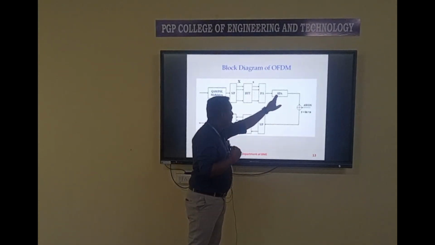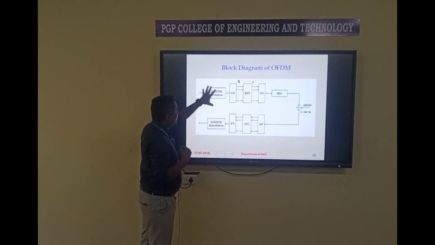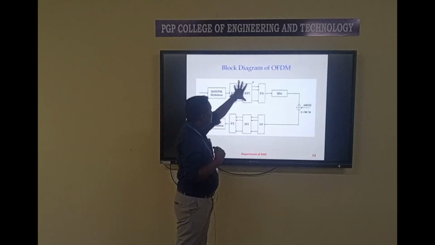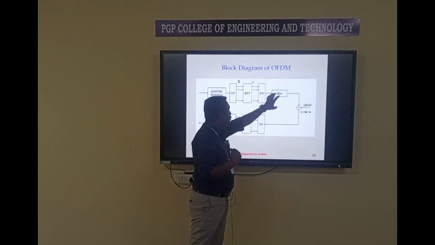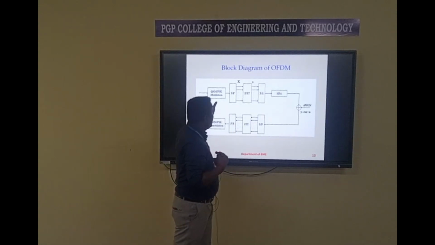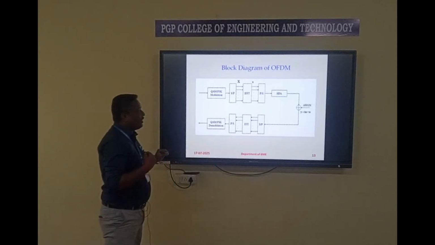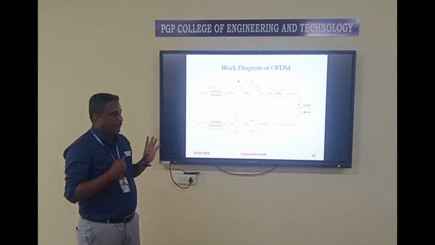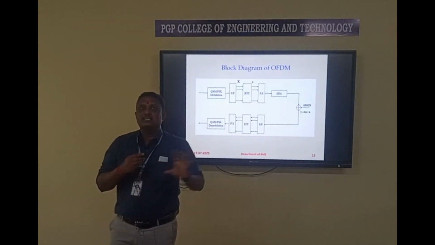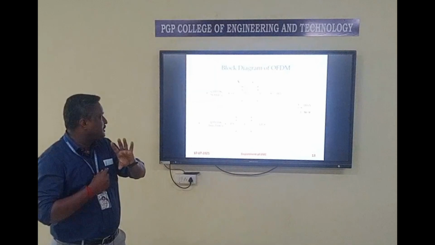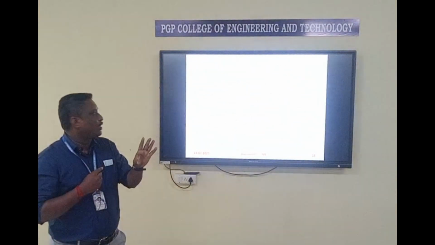The high power amplifier is very important here. The input bits go through modulation, serial to parallel converter, IFFT, and the DC converter, as you know very well. Then P/S, and after that the signal is given to the high power amplifier. Once the transmitted signal is given to the high power amplifier, high peak levels occur, and this fluctuation affects the gain and efficiency of the whole system. That is a common factor for all multi-carrier modulation schemes.